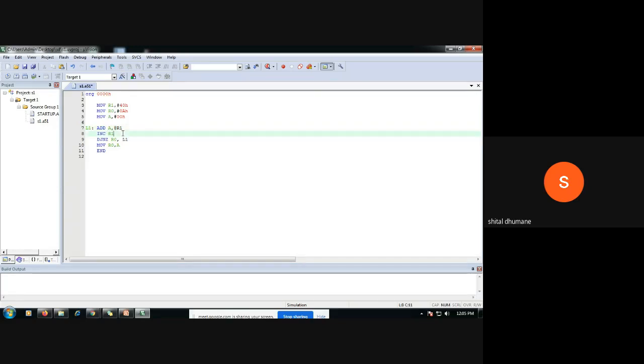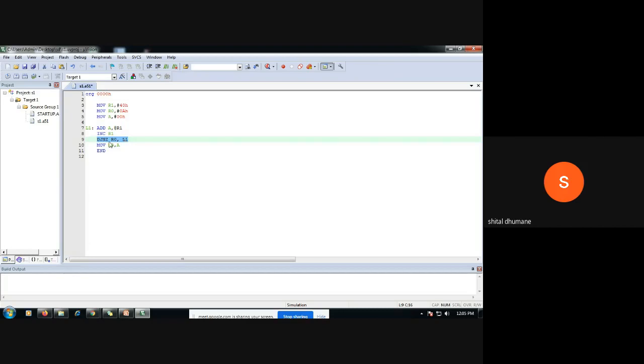Now we want the next data from 41H. So for that we should have to increment your memory location. So we have incremented your R1. Now you have to decrement the counter because the 10 bytes, you should know up to when you should have to add. So your R0 becomes now 09.